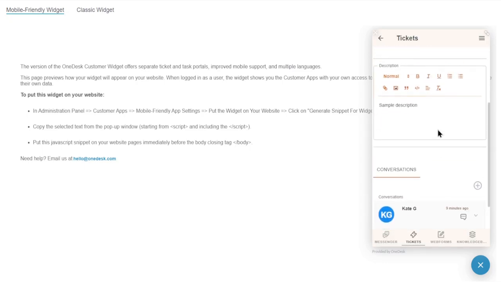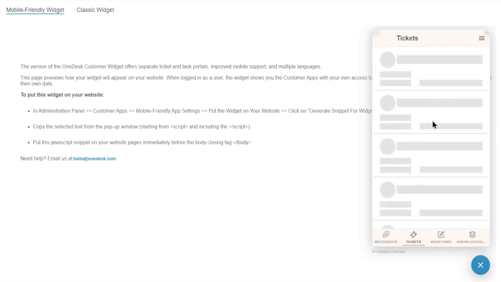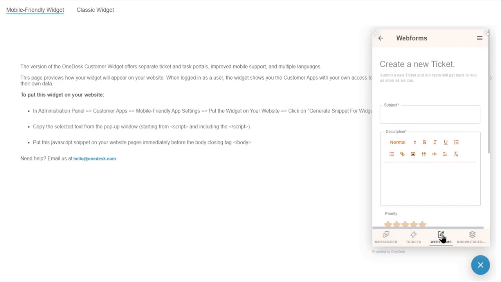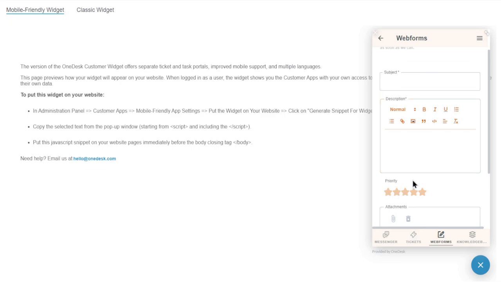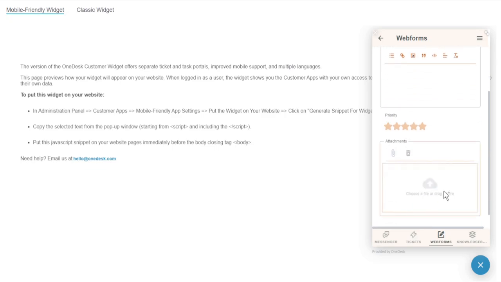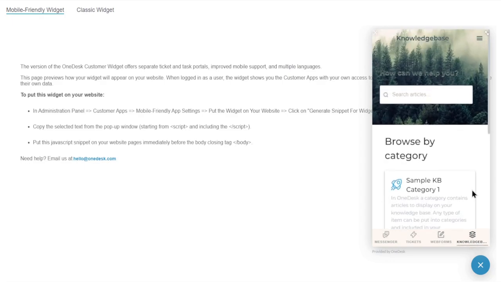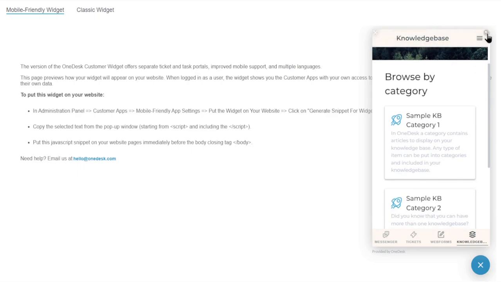Next is the Tickets portal, where your customers can log in and see their tickets along with the progress made on them, provide attachments, see conversation history, and more. The portal helps to minimize customer questions regarding their ticket progress. Next are the web forms. This is one method a customer can use to submit new tickets. You can customize your form by adding custom properties, making fields required, and so on. Web forms are helpful to ensure you receive all required information for tickets.